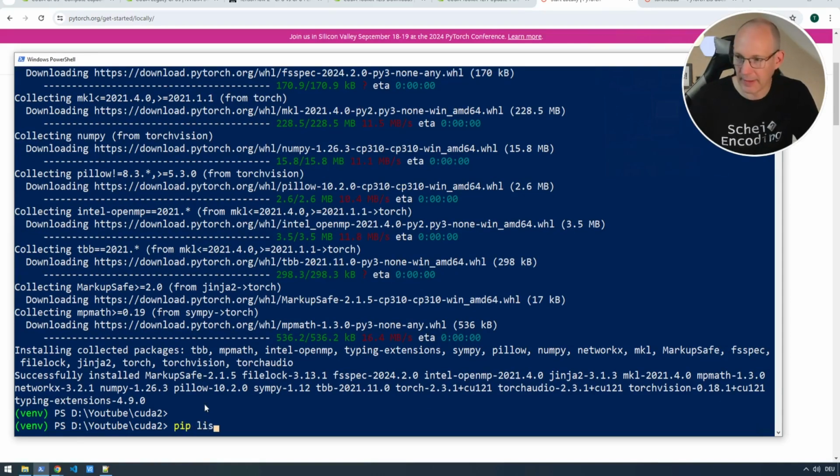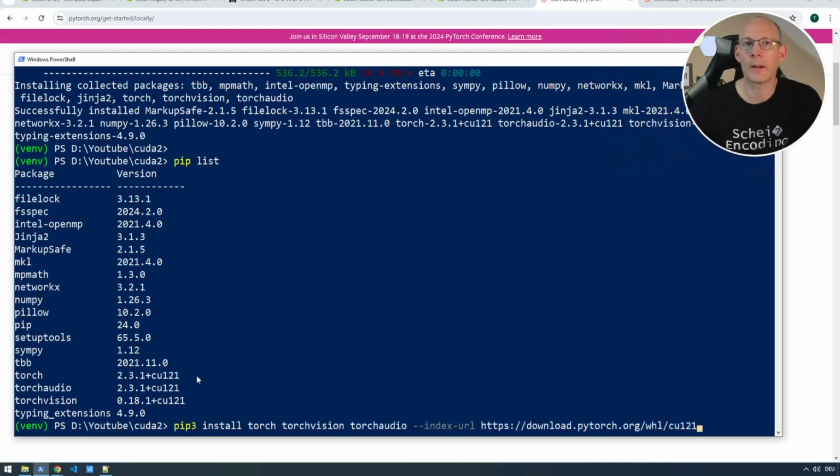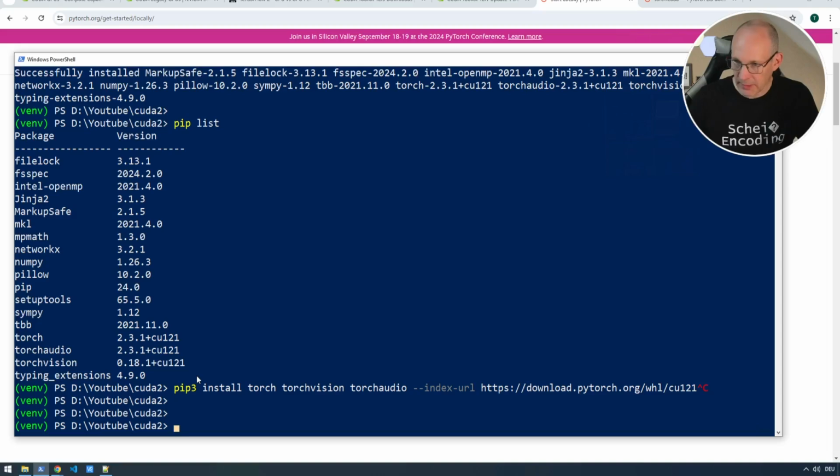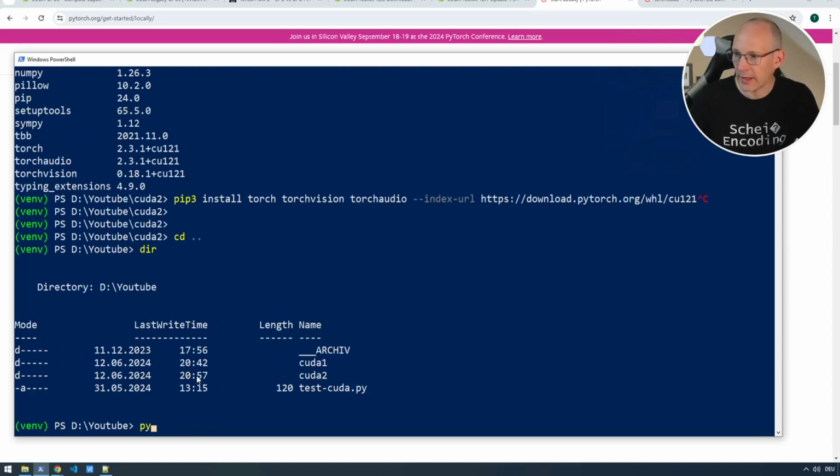Let's see our pip list, our well-known pip list. Now you can see that we do not just have Torch installed in version 2.3.1, but with the addition of CUDA 12.1. So this is the difference between running just pip install torch and running the command from the PyTorch website. Now, as we did previously, let's go one level up and run the test CUDA